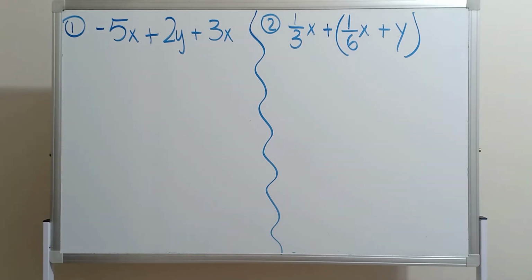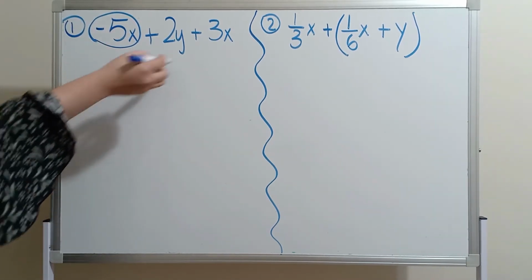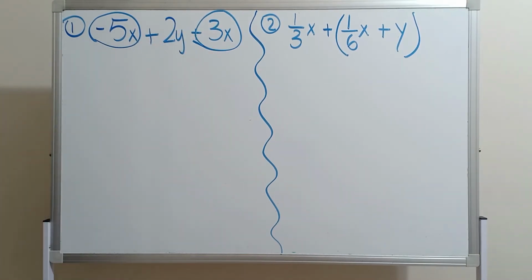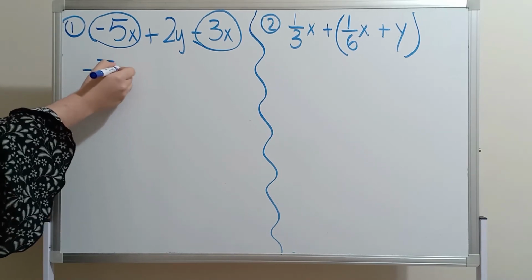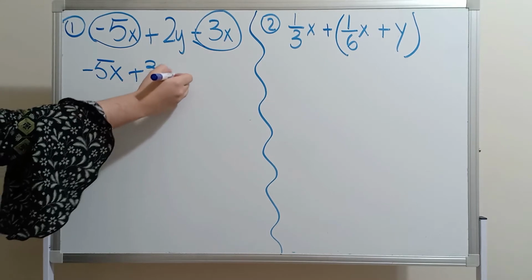We do: the first is negative 5x and the second is plus 3x. First, we can bring these like terms right next to each other: negative 5x plus 3x plus